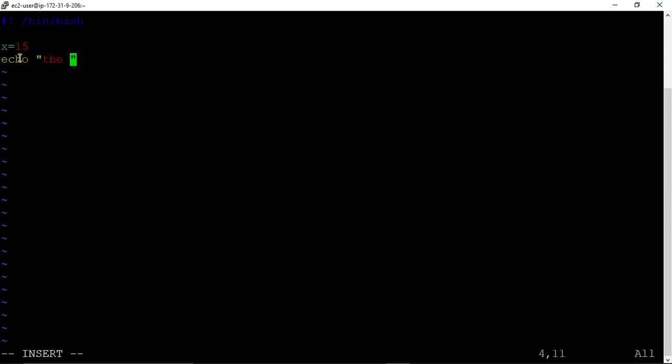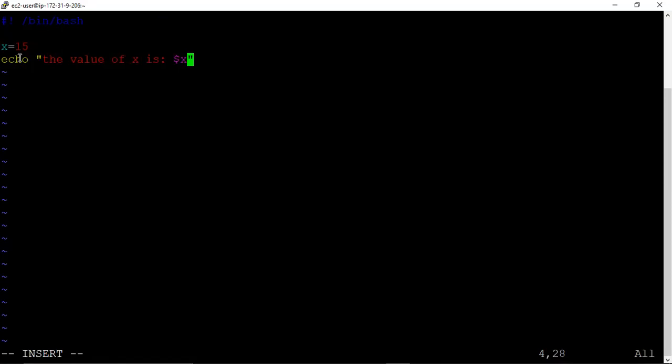The value of x is, and then we write a dollar symbol followed by x. When we want to interpret x as 15, we provide the dollar symbol.